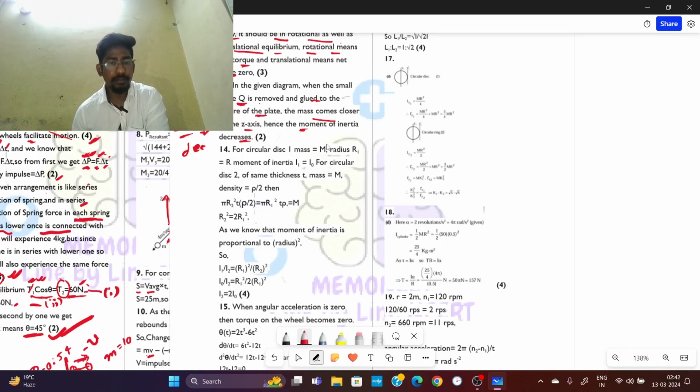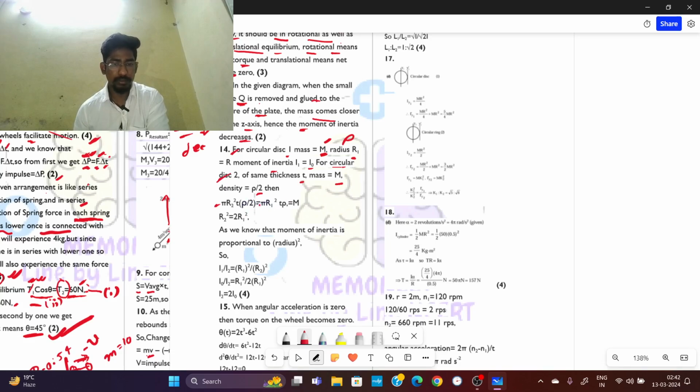Two circular discs are given. Both have the same mass, that is m, and radius r1. Moment of inertia is I naught for circular disc 1. Now for circular disc 2, thickness was same, mass is also m, but the density has been halved, right? First it was rho, now it is rho by 2. Then